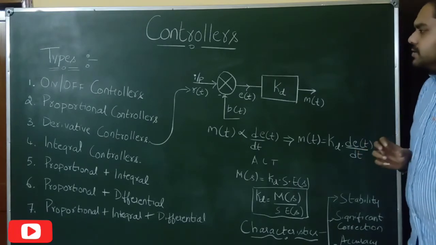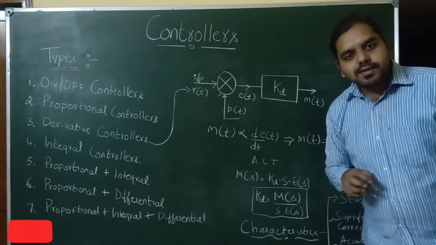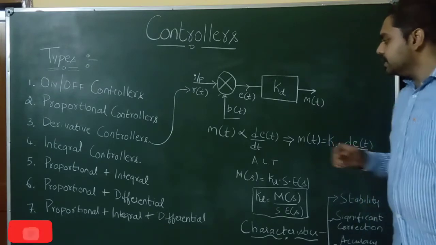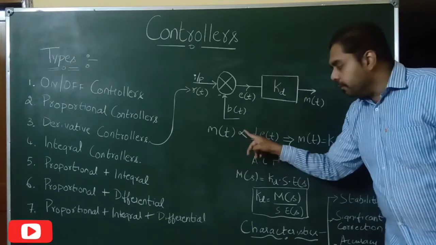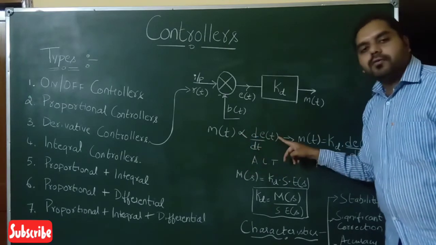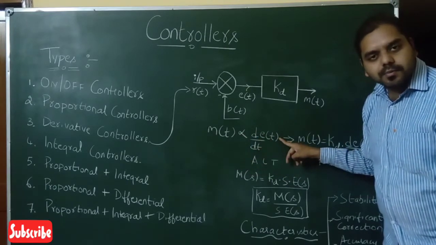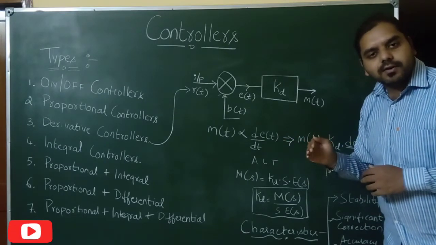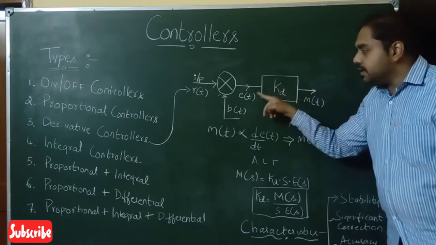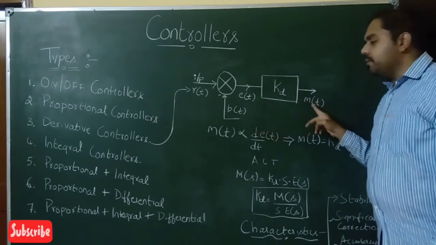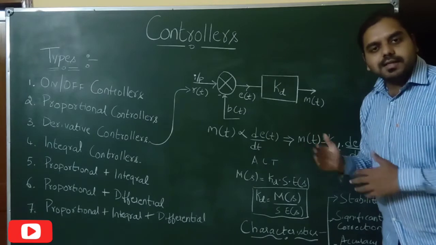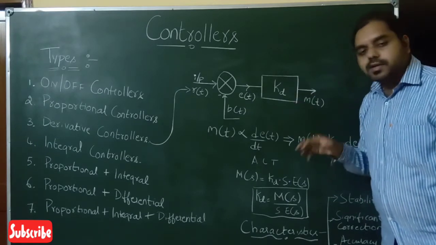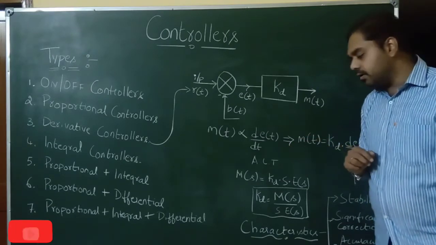So, whenever we are using this derivative controller in our control engineering system, the main characteristic that is being given by this controller is that our manipulated output varies with respect to the time derivative of the error signal, that is nothing but the input. So, as and when with respect to any time, if you take whatever the input that is being given to the derivative controller, with respect to that input, our manipulated output gets changed. That is the main characteristic that is being put into the system because of using this derivative control here.